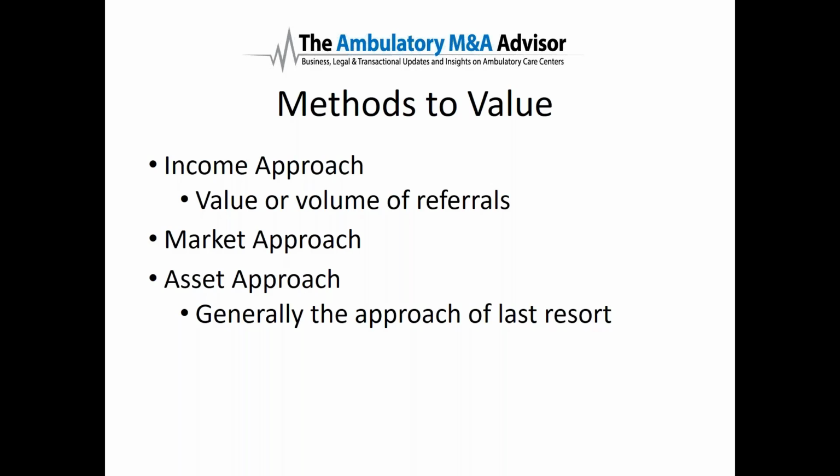So if Dr. A sold his surgery center and Dr. B wants to sell her surgery center, there are obviously going to be differences in the surgery centers to try to come up with where that surgery center falls on the scale of multiples that people are paying for a similar type of interest. So using multiples, we may say 5 to, let's say, 8 times EBITDA, and why is one worth a 5 and one worth an 8?